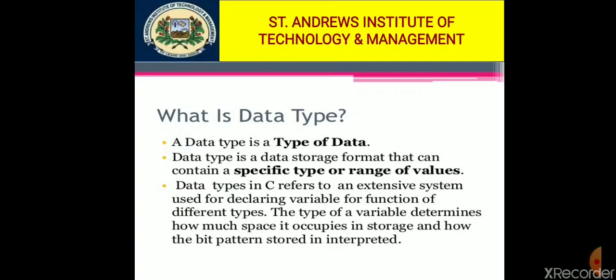The basic reasons for differentiating between the data types are, first, use of proper internal representation by the compiler, and the second one is use of proper operators for each type by the programmer. C language provides a large number of data types, so it is also called a rich data type language.